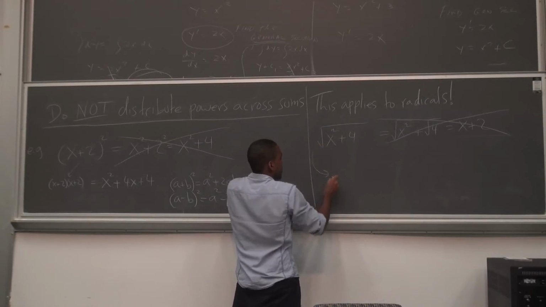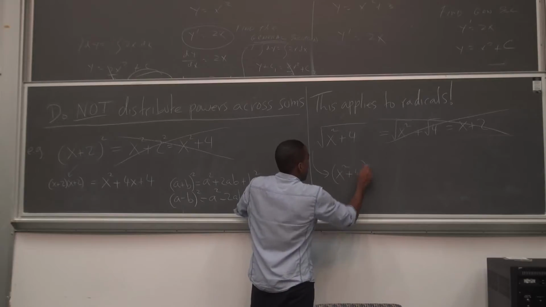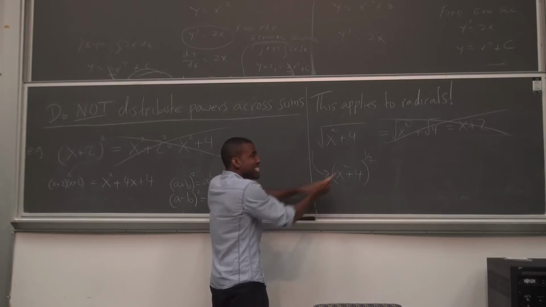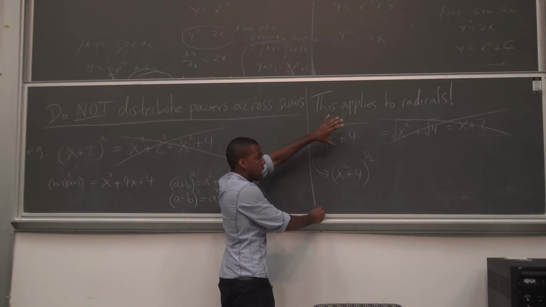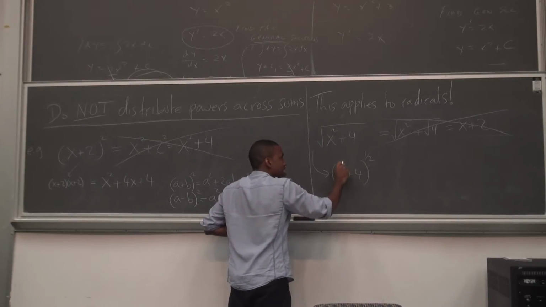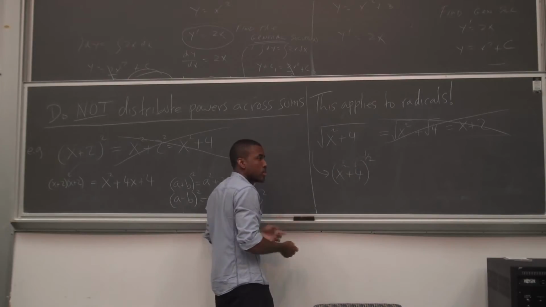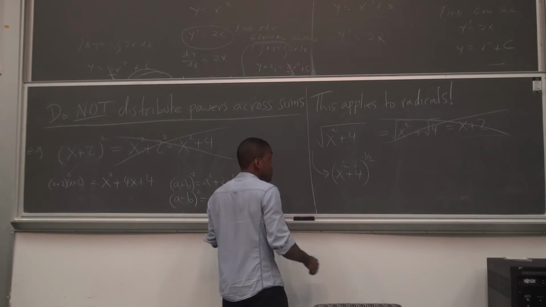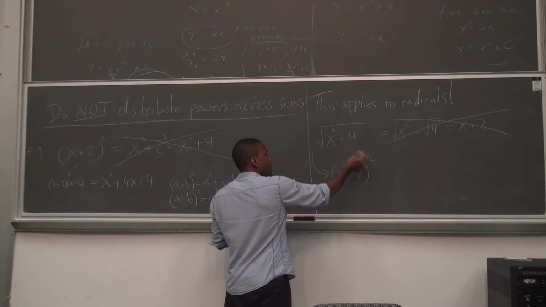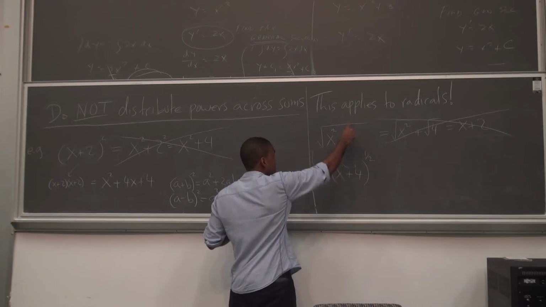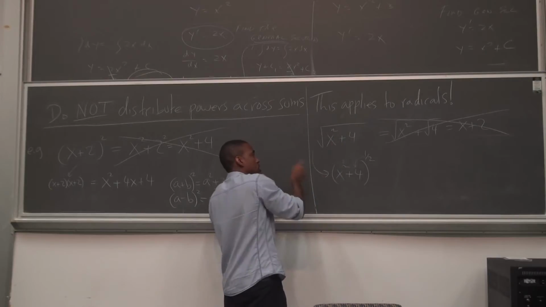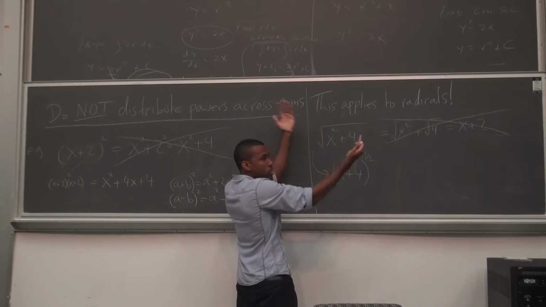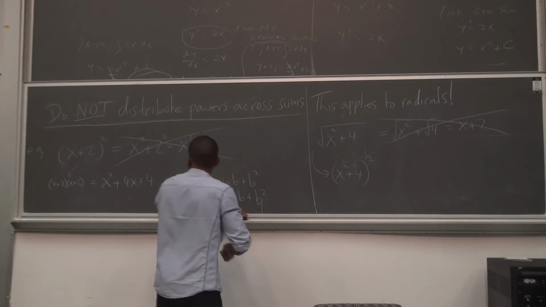Why not? Because what is the radical actually saying? If I want to write it as a power, it means a 1/2 power. So if you see a square root, it's actually a power. Radicals are powers in disguise. So you cannot just take this guy and square root that and square root that. It does not work. There's a whole different kind of expansion that you don't need to know at this point. But you cannot distribute that power. So you can't just take a radical across a plus or a minus sign and apply it to each term. If your answer ends up like this, you can't do anything. You leave that alone. Jesus saves, whatever.